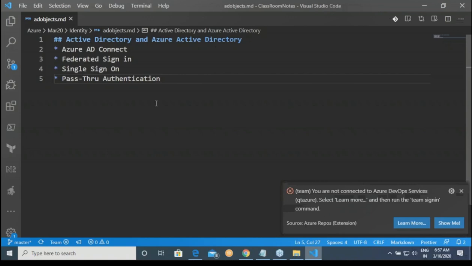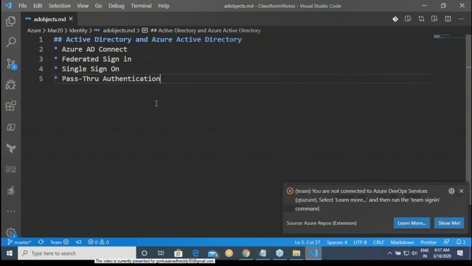Federated sign-in. Yesterday itself, we discussed that whenever you come across a word called federation, that means we are using services from one place and our identity is at a different place. So now, for whatever you are trying to log in, Azure might not have an entry of it. Your domain controller in your office might have an entry of this. So for that, we need to create a trust relationship between them. This is exactly what we spoke about yesterday, right?